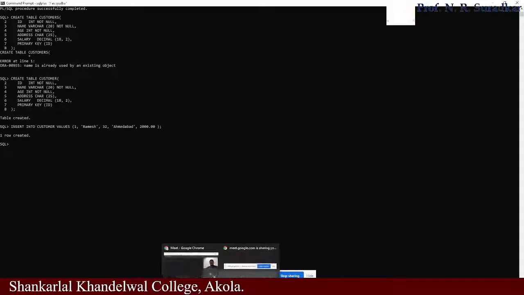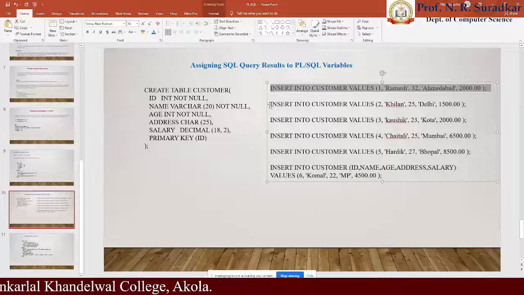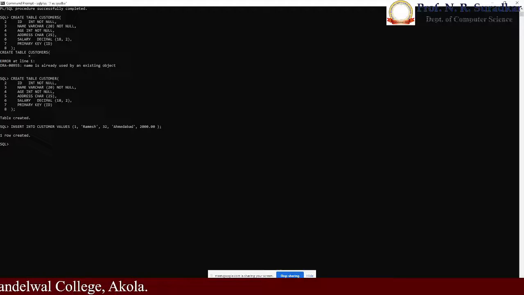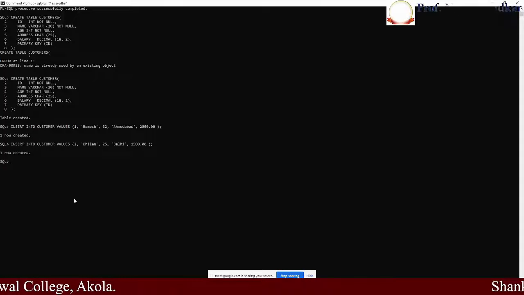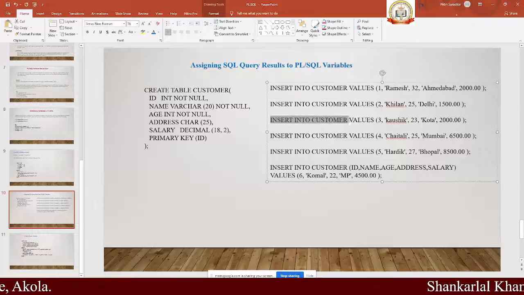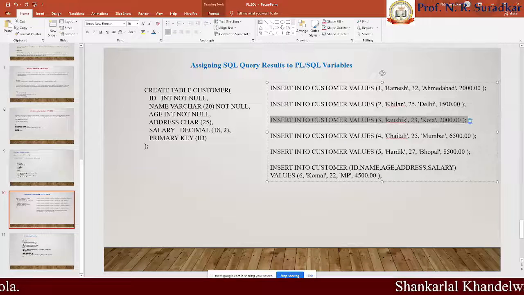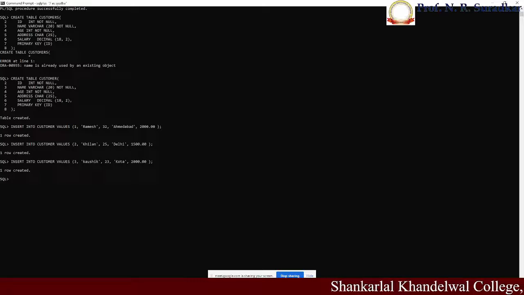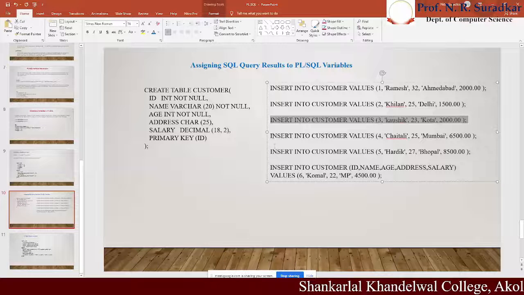Likewise, create a second record by using the same command. The values are different. Second row is created. Likewise, create the third row, the third record. The third record is created. Let's create the fourth record.